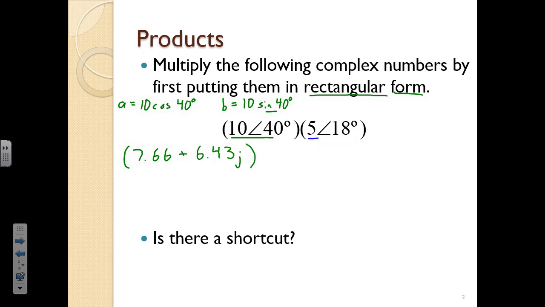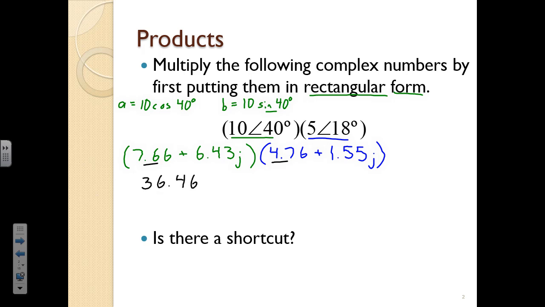Now I trust that you can give 5 at 18 degrees the exact same treatment, and if you turn that into rectangular form, you will get 4.76 plus 1.55j. Okay, we turned them both into rectangular form. Now we're going to multiply them together by FOILing. So if we take 7.66 times 4.76, we get a product of